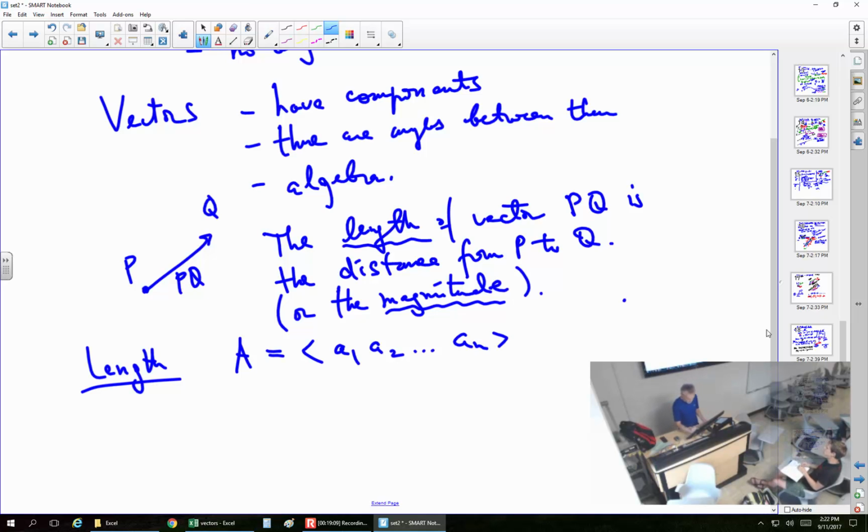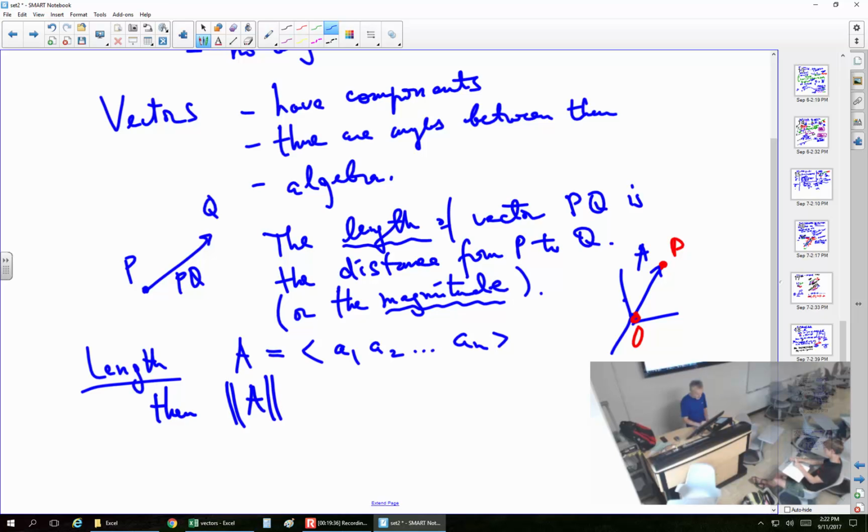Well, in dimension 3, that certainly is more or less transparent. We are talking about this vector A, capital, and this is the endpoint P, and what we're doing is measuring the distance between the origin and P. So all we have to do is just apply the